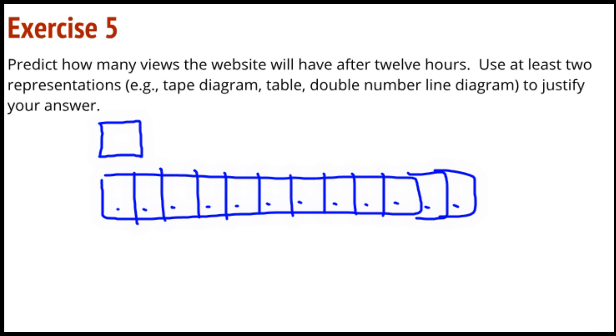So I know that I take my 1 and I multiply it by 12, and that's where I get my second tape from. If I have 1 hour, I have 12 views. 1, 2, 3, 4, 5, 6, 7, 8, 9, 10, 11, 12. All right, so there I've got a ratio of 1 to 12, but they want me to say, what if